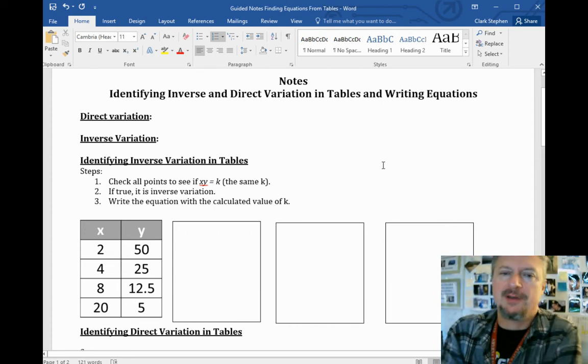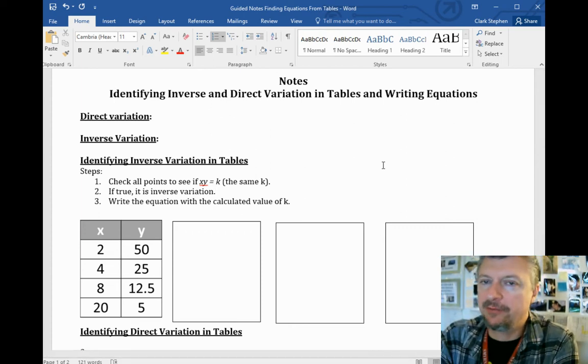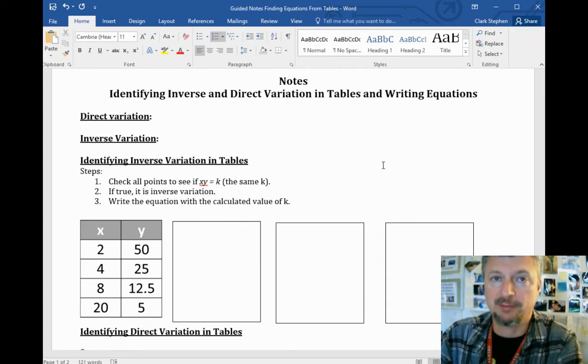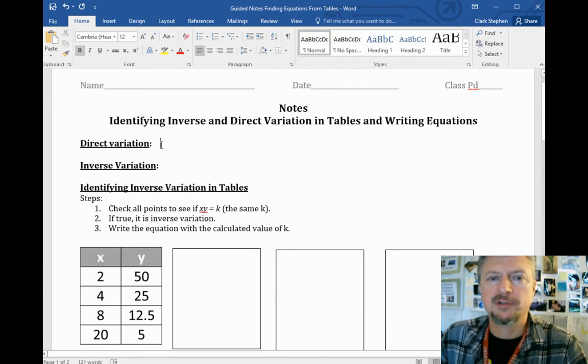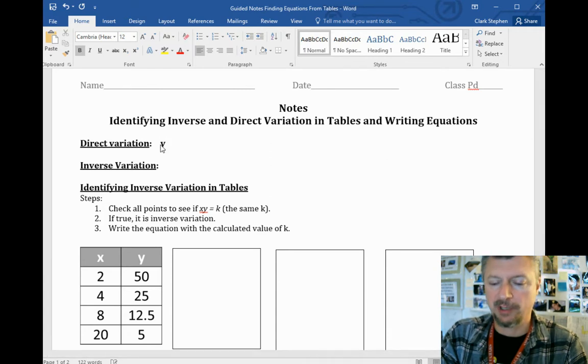Hi there. Today we're going to go over inverse and direct variation and show you how they work in tables. First thing is, on the notes here, what is direct variation? Direct variation is where you have an equation like this. Y equals